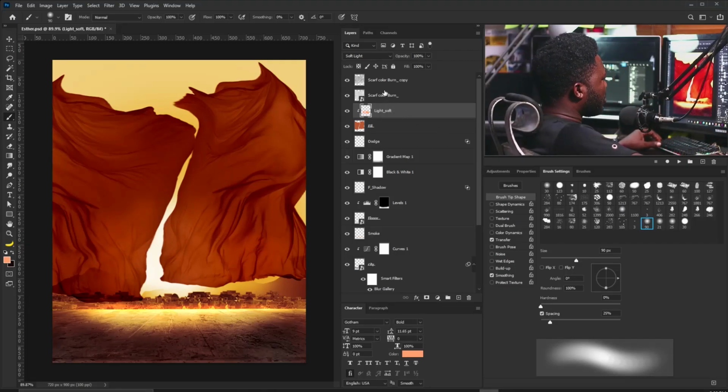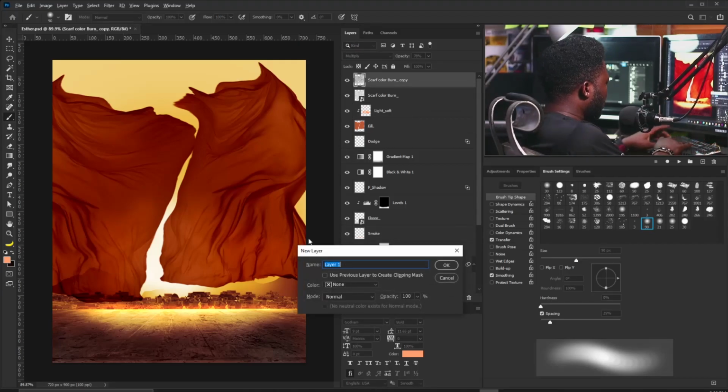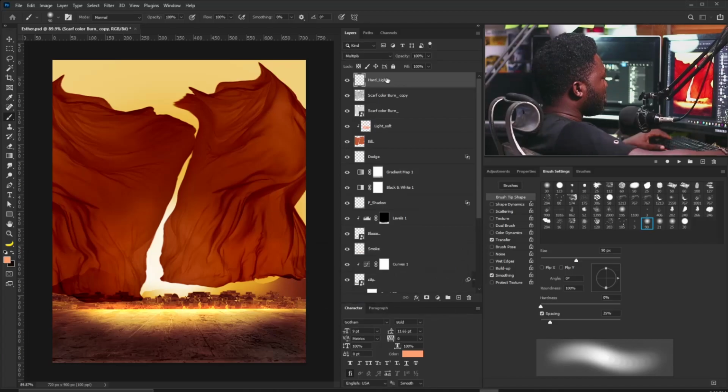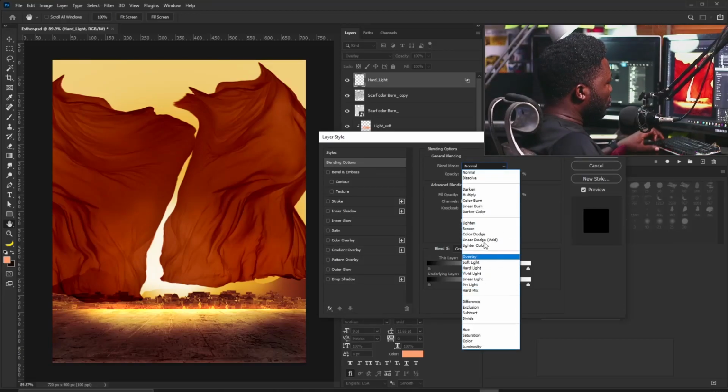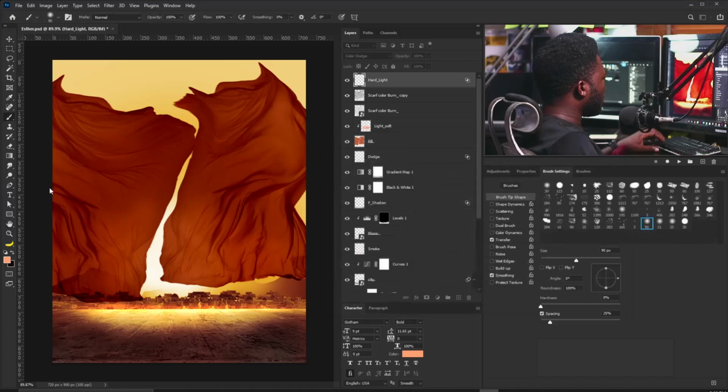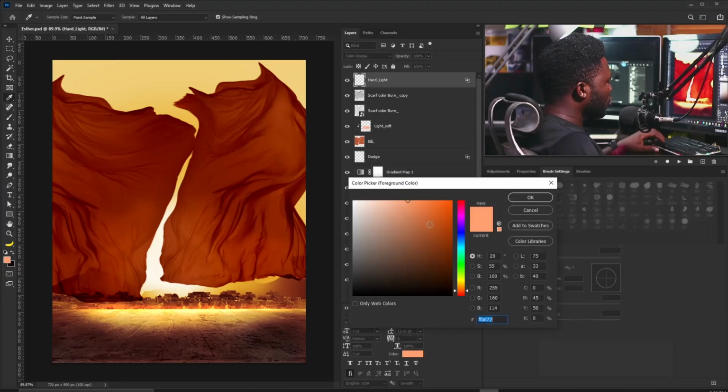All right, then I'm going to create a new layer again, and I'm going to call this highlights. Then I'm going to select the OK button, and I'm going to make this highlights. So I'm going to turn this off and make my blend mode be on color dodge, and I'm going to select the OK button. But this time I'm going to use something lighter and a little bit yellowish,